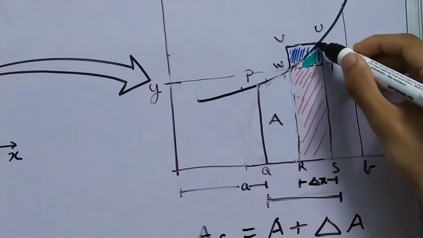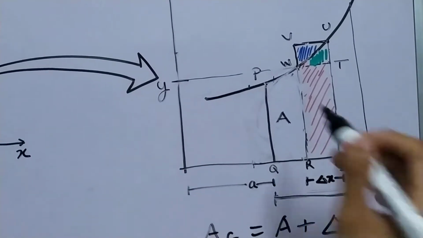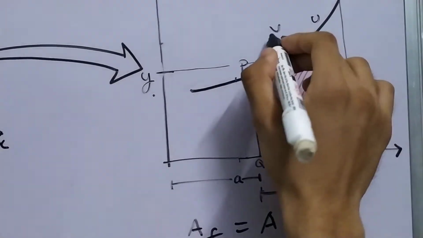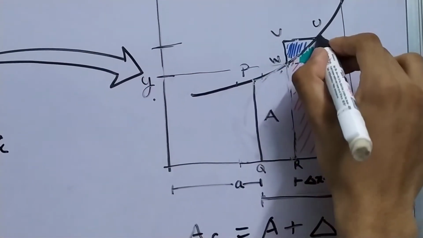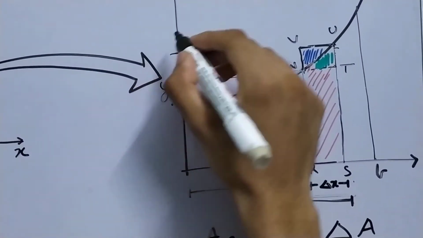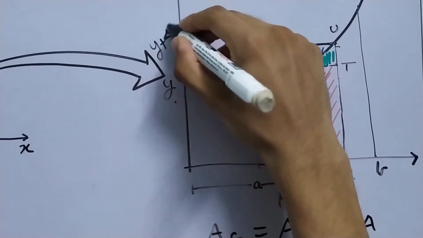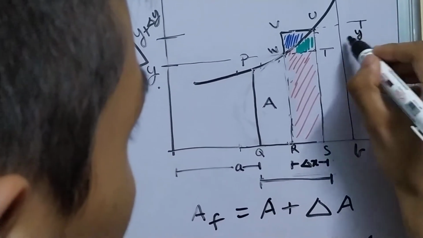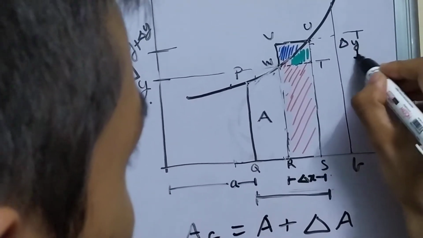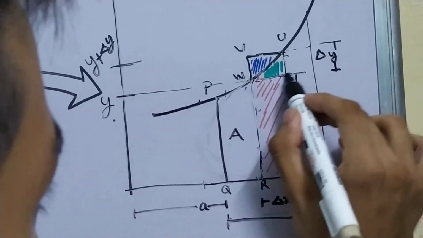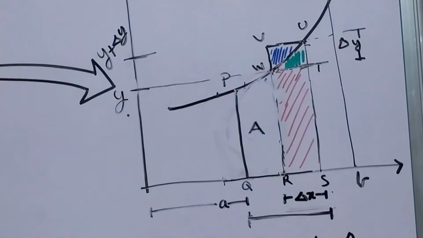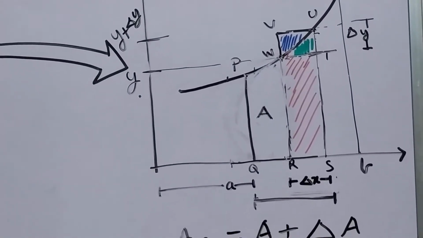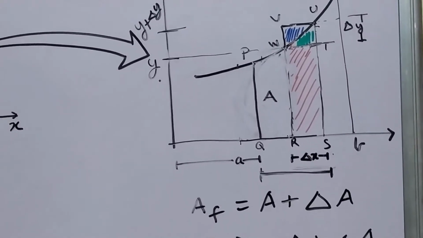And your y value will also increase. Let's say at x it is y, at x plus delta x it is this one. This is the value of y, I'm writing it as y plus delta y. So this thing right here will be delta y, because this value is y. And now we can compare these areas.